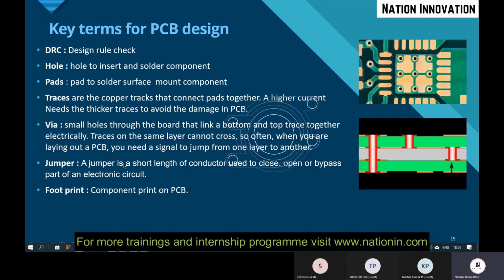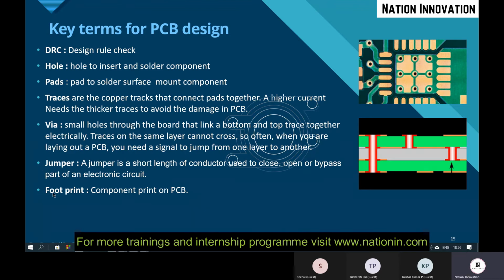And we have a jumper. A jumper is nothing but a short length of conductor used to close or open or bypass part of an electronic circuit. While we are designing the circuit, I will show you what the jumper is there.